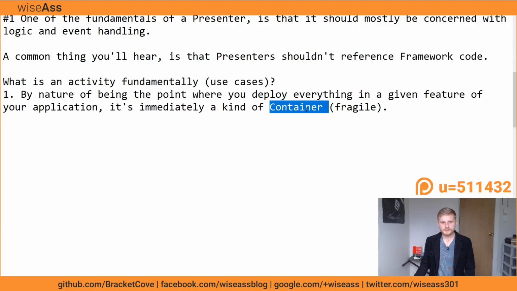So, and this is a technical term. A container is a thing which things exist in at runtime, sort of. Application class is also a container. So activity, I think of it like a subcontainer. Now,